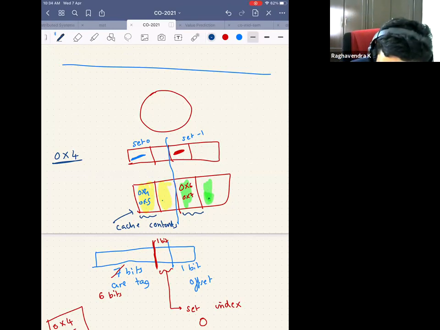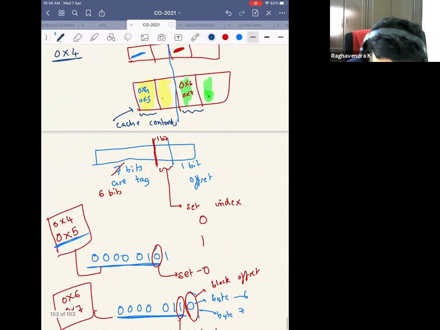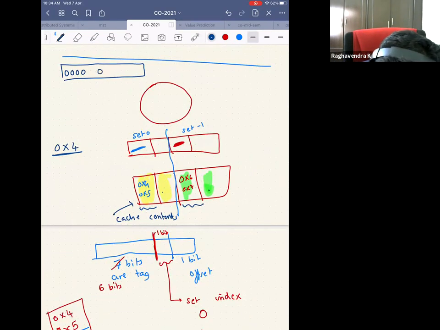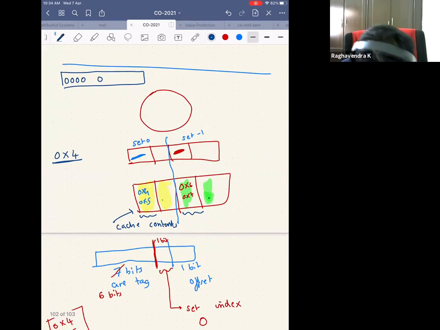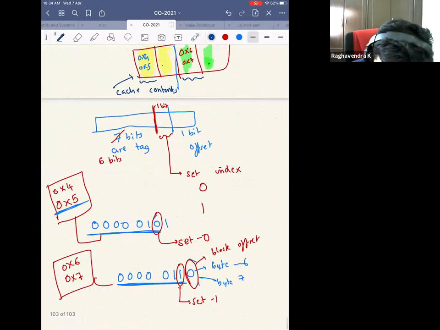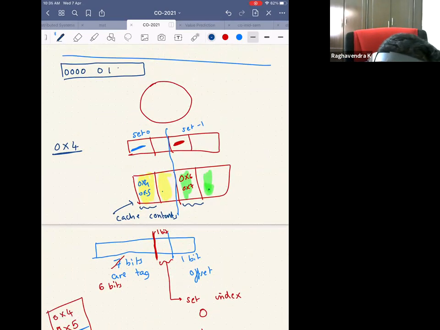So the CPU generated an address 0x4. What do I do? The CPU's address will be split into 3 components. From here to here, the 6 bits are the tag.